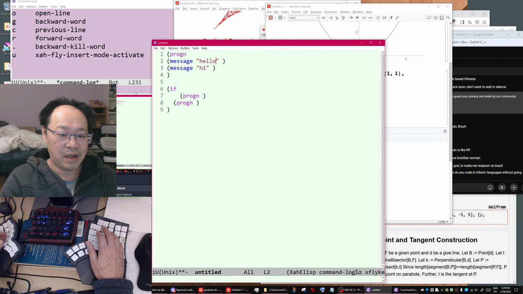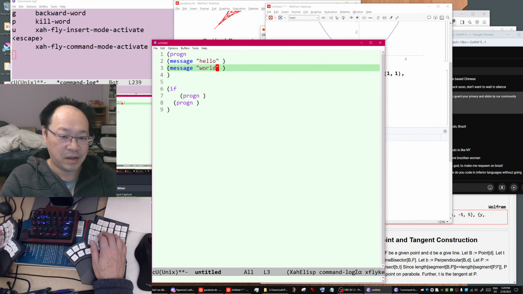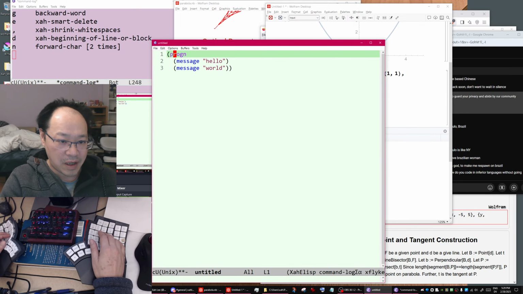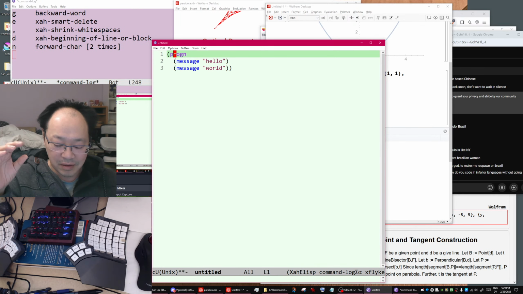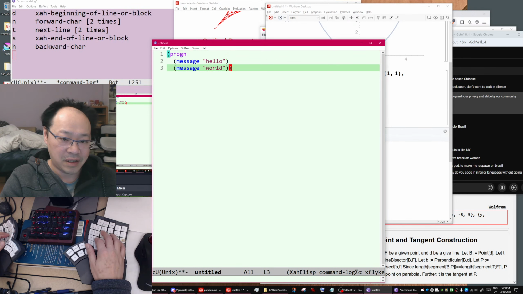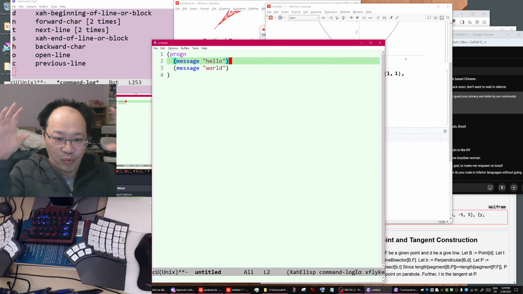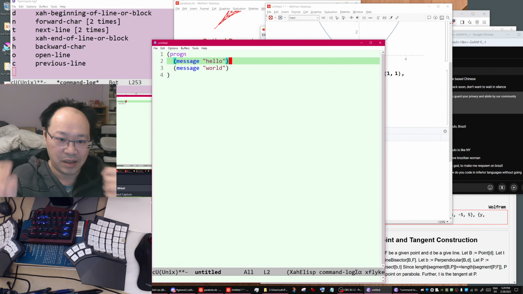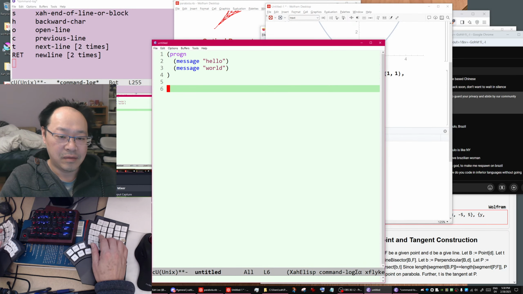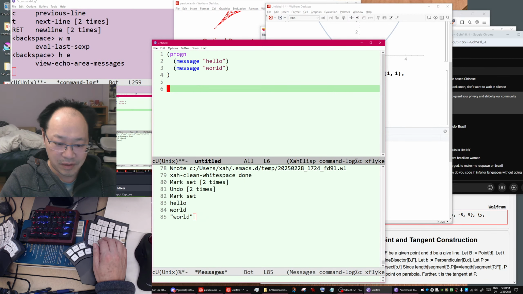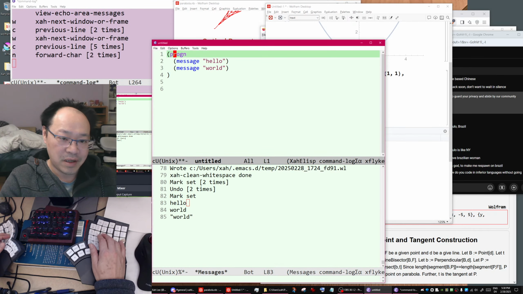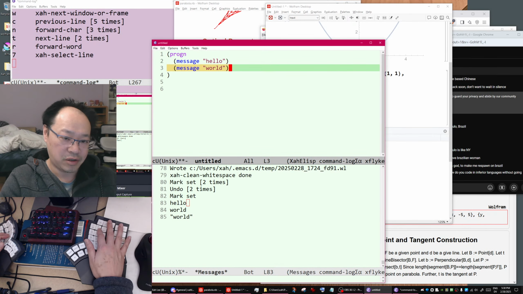Let's say hello world. Okay, let's remove that. So you see this progn, the only thing it does is group whatever is inside of it as one single syntactic unit. Okay, so we can run the code, and go to the message buffer. You can see hello world. Okay, and this progn returns the last expression, which is this one.